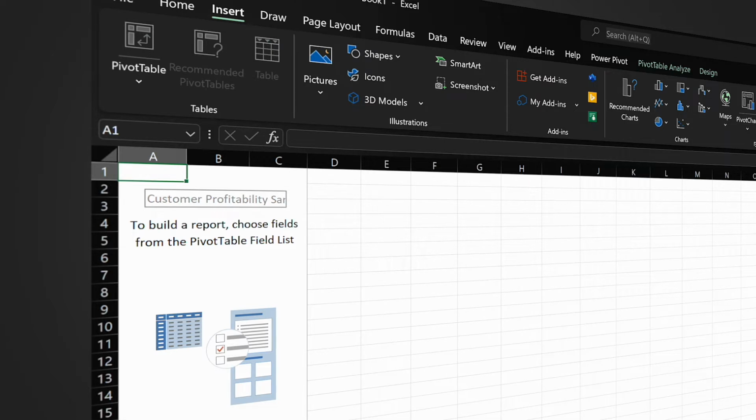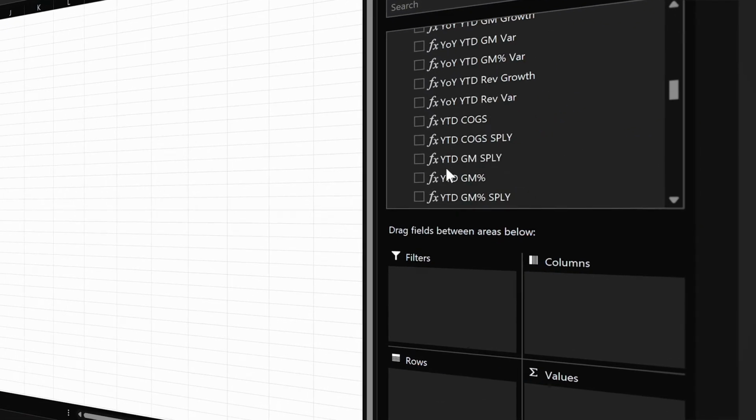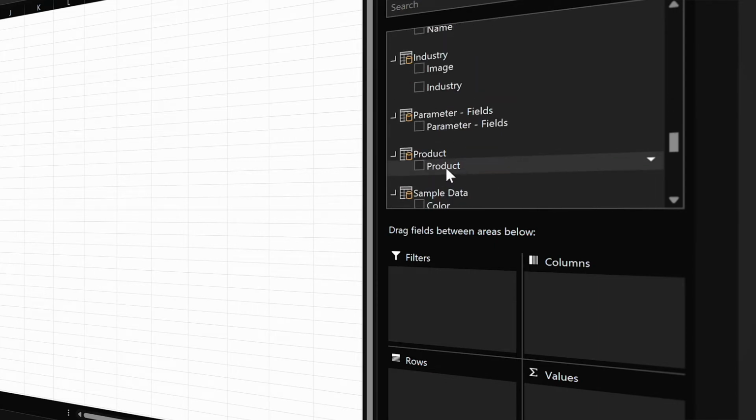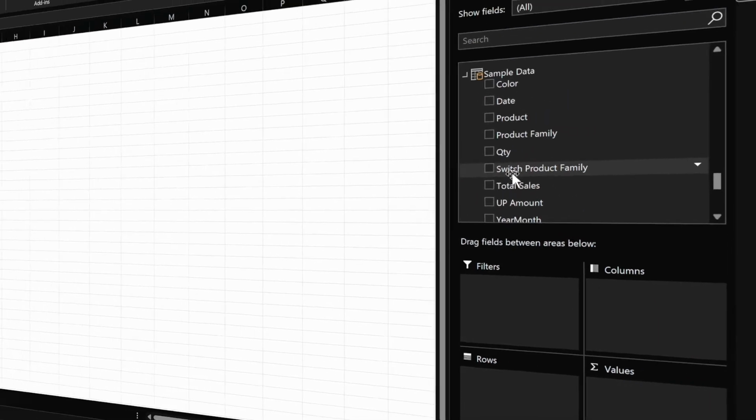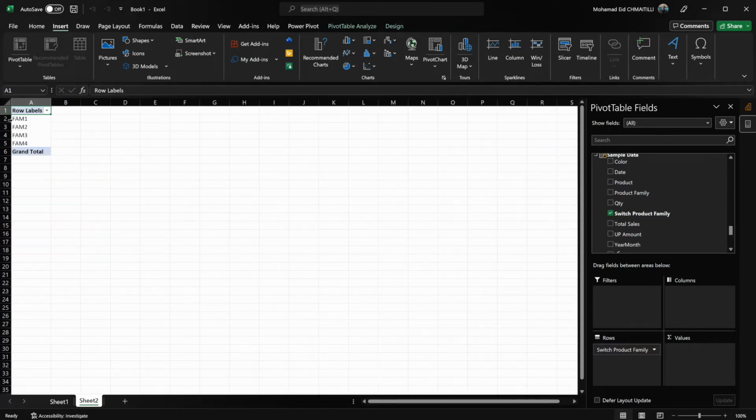And you can see here, I have all the functions or the measures that I used, but I'm using the sample data set, so all I have to do now is use any formula that I wrote. For example, this is the formula that I used, the switch formula. So if I put it here, I get the product family in the pivot table, and you can see here I have the pivot table and the families. At the same time, I can get to have the products. So I have family 1, 2, 3, and product 1, 2, 3, and 4.